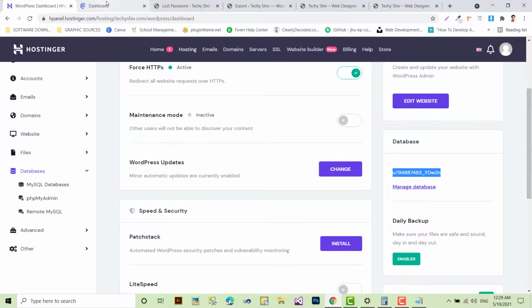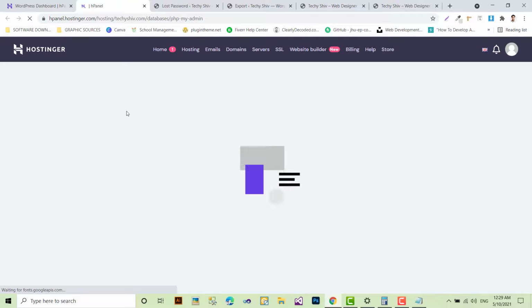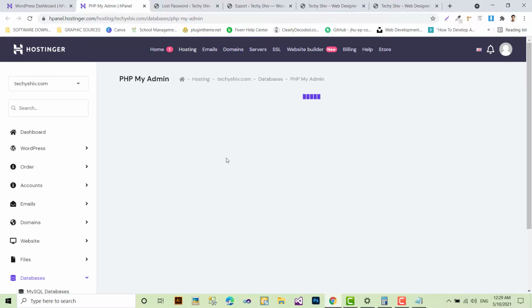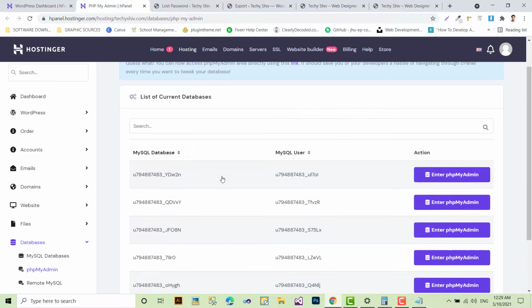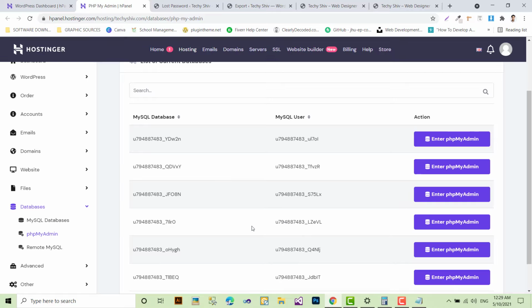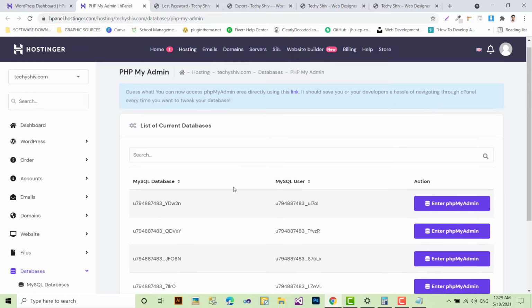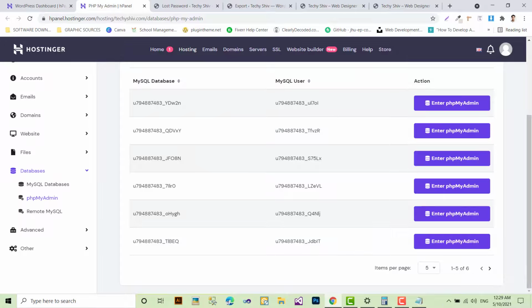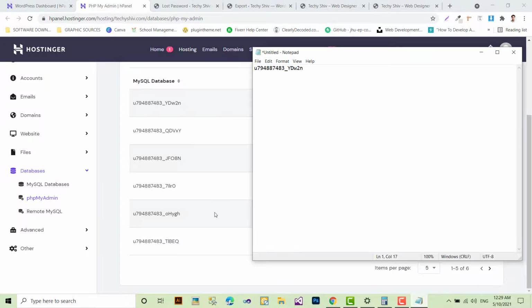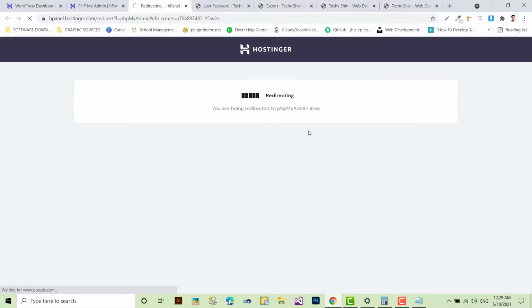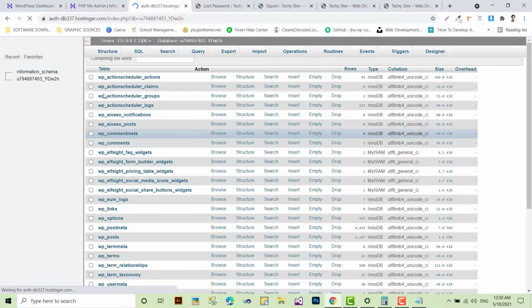Okay, so I am going to phpMyAdmin from the new dashboard. So you see what the database was. I think the database was 2, and this one is the database for this site. Okay, so for this you can enter the phpMyAdmin panel. Hostinger gives you this.